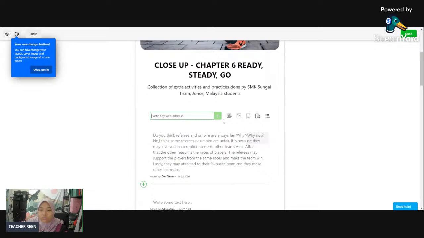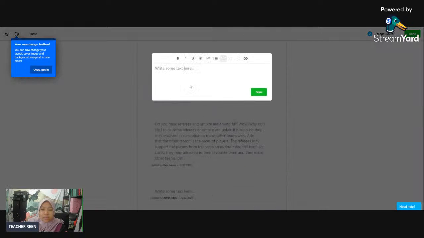When you want to write, you can add text or add an image. Or if you want to upload your videos, you can go to apps and then add video, YouTube or anything over here. But if you just want to write down, I'm imagining you're going to write only, so just click add text and then you can write whatever you want to say.